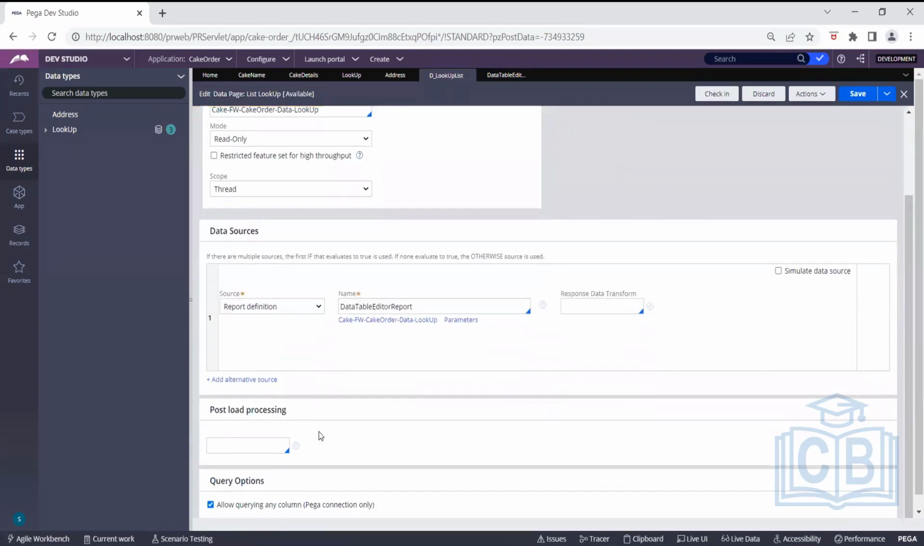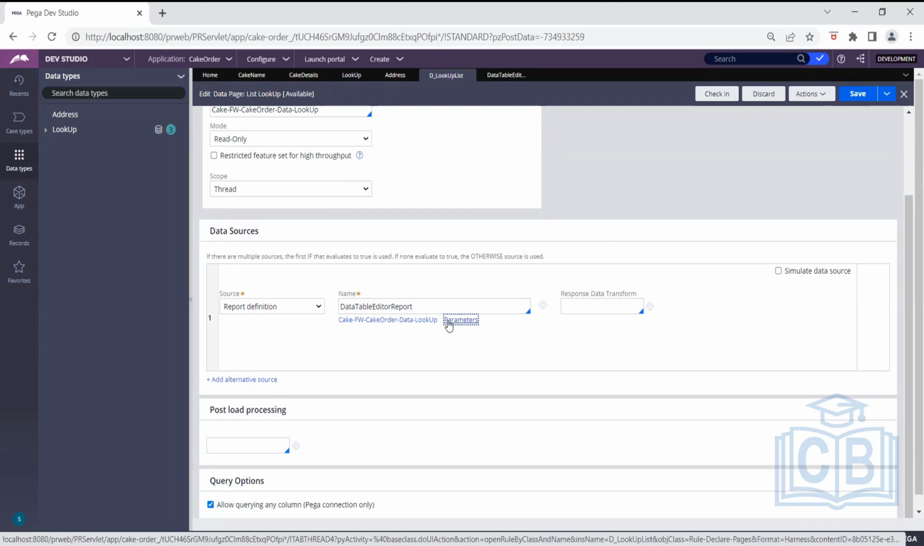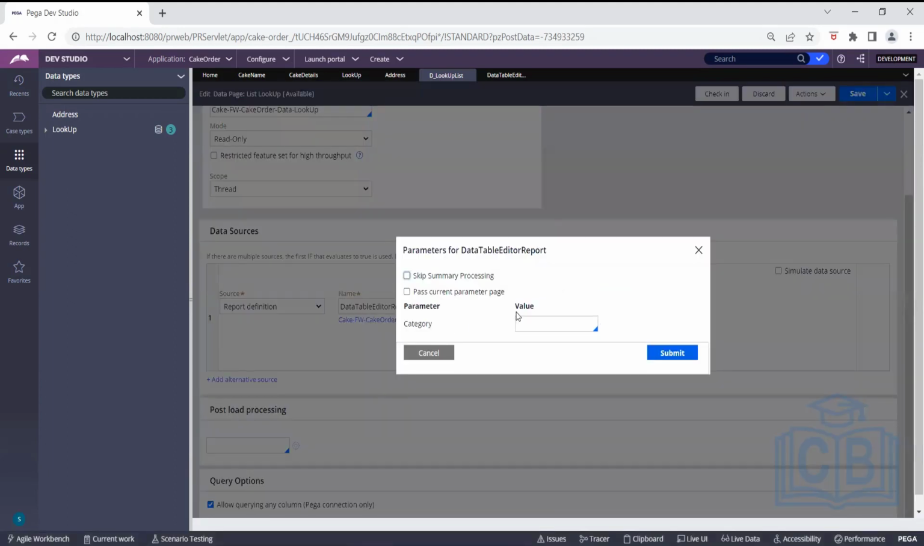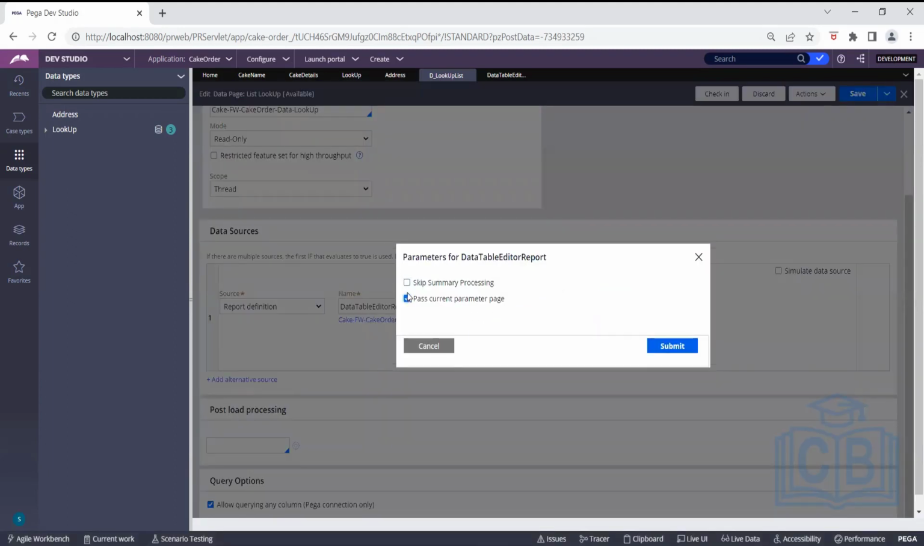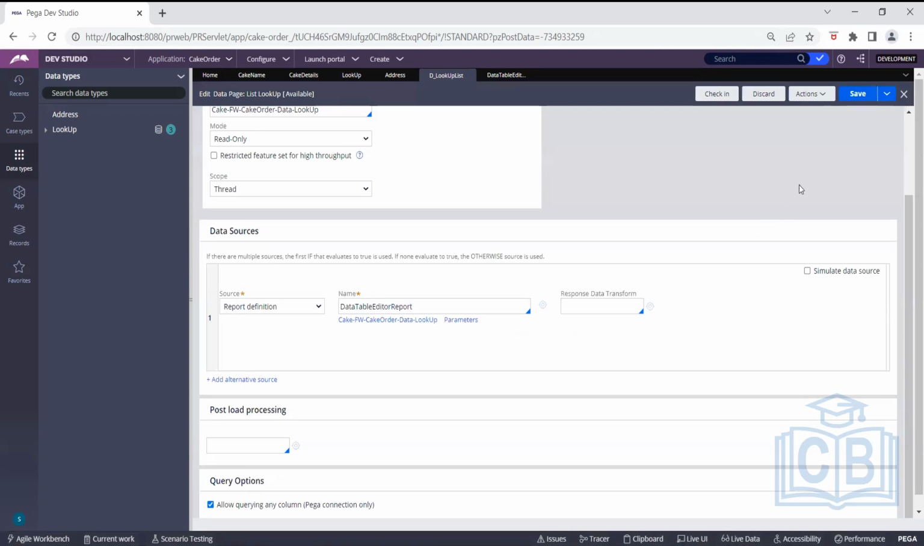At the bottom of the data table editor report, you have class, and beside class, you have a parameters hyperlink. Right? Yes, click on that, and check that checkbox: Pass current parameter page. Check that and submit it. Save it. Now, if you try to run this one, actions, run,